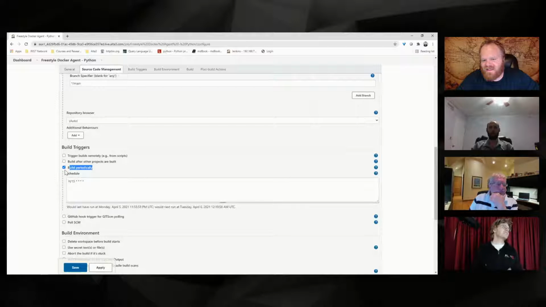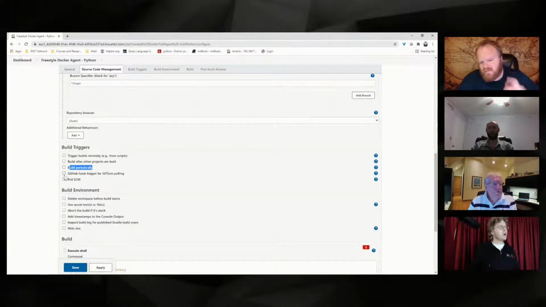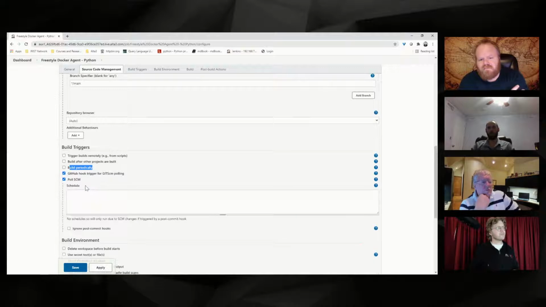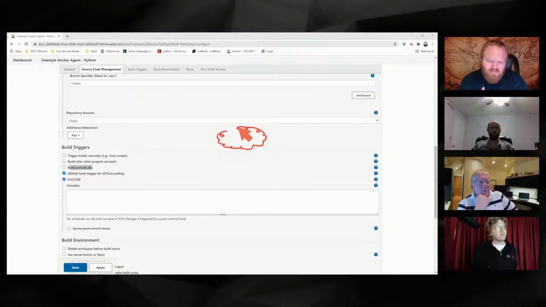I guess maybe you want to, I don't know, clean out the garbage of the recycle bin every 2 days or something like that. You build periodically. A webhook is a bit more interesting. The concept here is that we have probably an SCM platform like GitHub, and GitHub, when it has an event, like a commit push to it,